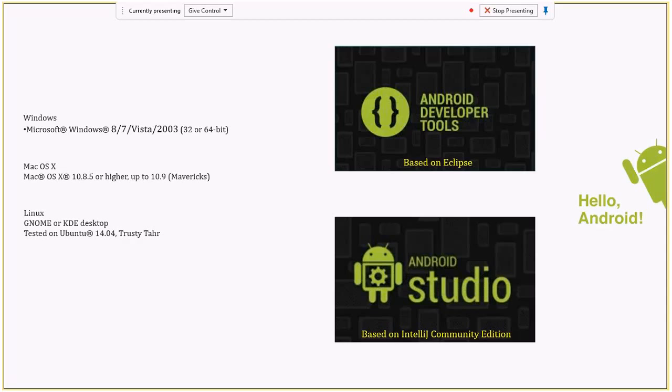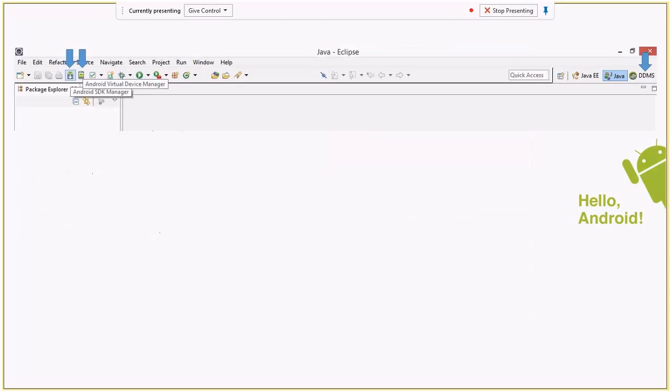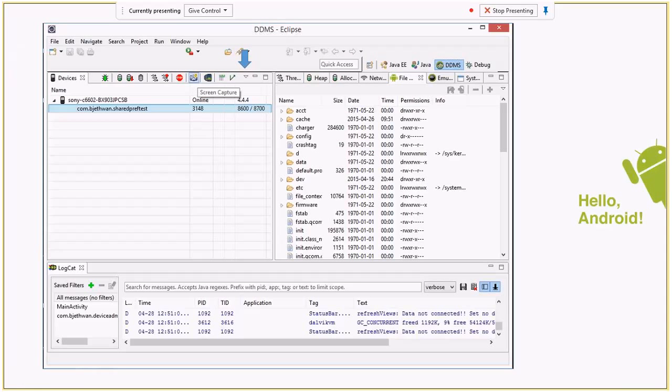Unlike Apple, where you need an Apple machine to actually do the development. Okay, this is a quick glimpse of how it looks. We'll see this in real time when I show you the building of a sample app. When you have the Android plugin created inside your Eclipse, you'll see these two nice icons. One is to manage your SDK, another is to manage your virtual devices, the emulators. And there will be a new perspective here, which is DDMS. We'll talk about that. That basically means Dalvik Debug something. We will see in the slides.